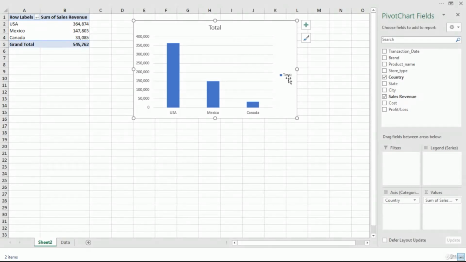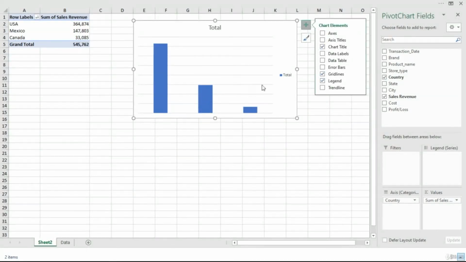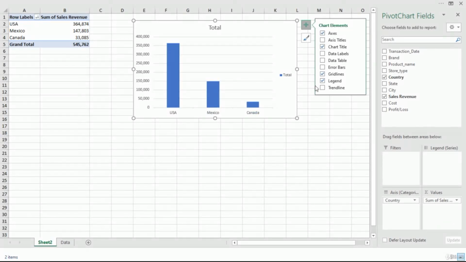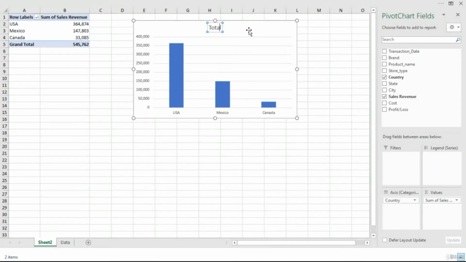The next thing I want to do is remove this total from here as well. I can click on that and do it from here, or I can go here and say remove axis. We can do that, or get back, and you can remove the legend. That was basically this one, or you can get back the legend if you need. And these are the grid lines. If you want to remove them, you can click on this and you can remove grid lines as well. I will keep the grid lines for now, and I will keep the chart title for now as well, and I will just change it to make it like, total sales by country,